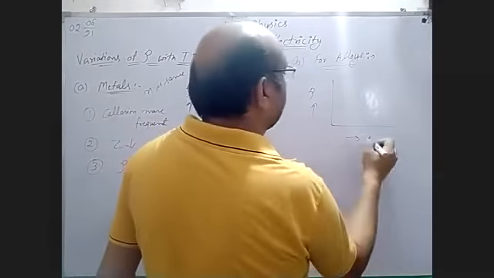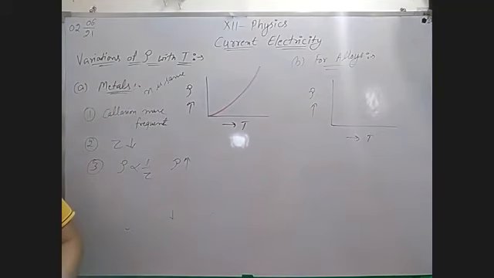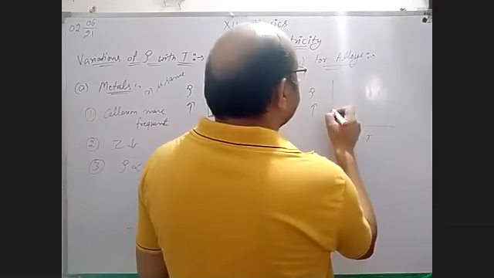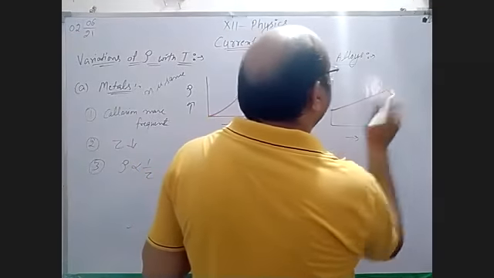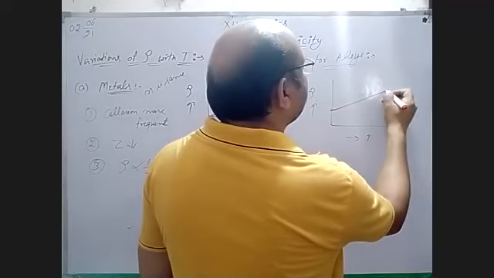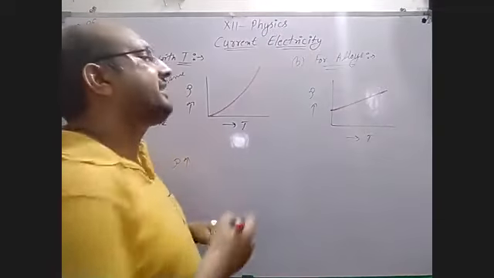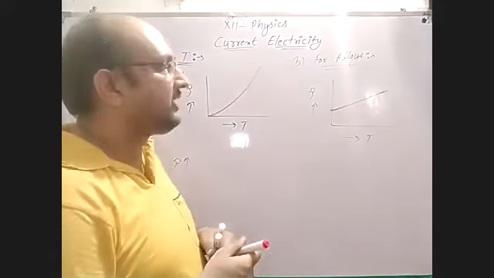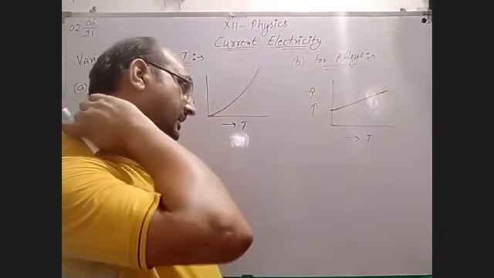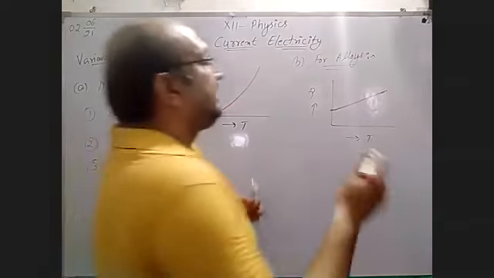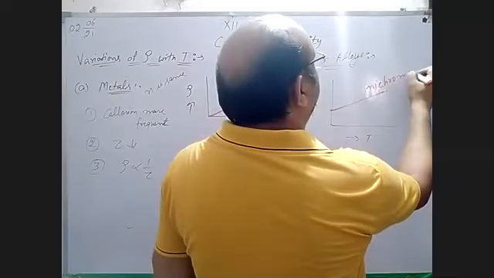what type of graph is there? For alloy, the resistivity is high. The resistivity of nichrome, which is an alloy of nickel, iron, and chromium, has weak temperature dependence. In this case, your graph will be a straight inclined line like this. It means that as the temperature rises, there is not much change in resistivity. There is no big rise in resistivity with rising temperature.